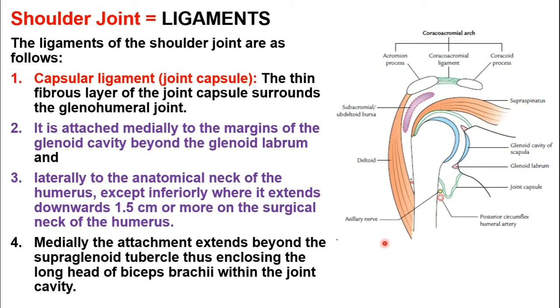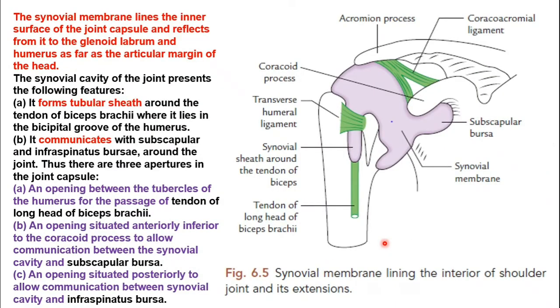Okay, now this is another diagram. The joint inside is lined, every synovial joint, because the shoulder joint is a synovial joint and it is a ball and socket type of synovial joint. Each joint cavity is lined inside by the synovial membrane. When the synovial membrane slips out of the joint cavity, it is called a bursa.